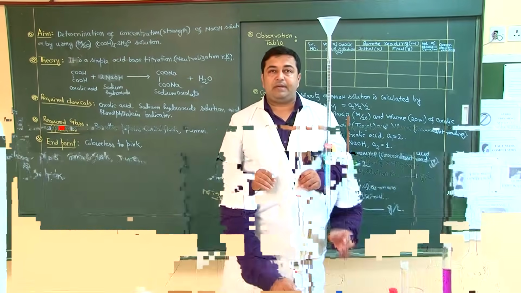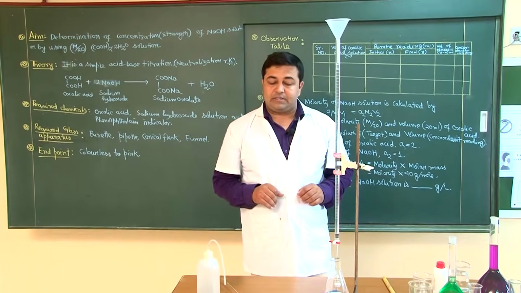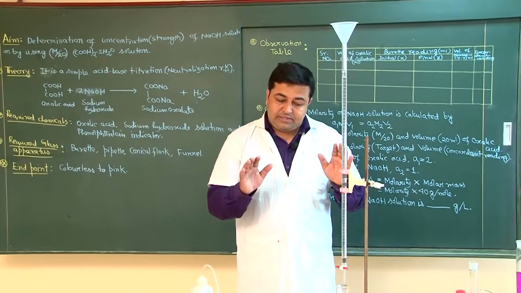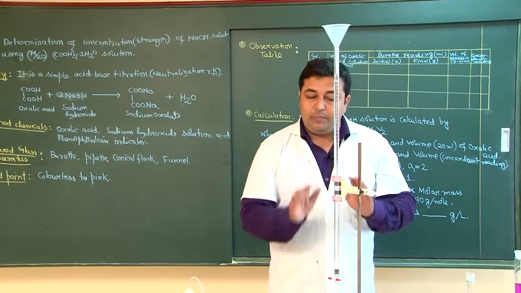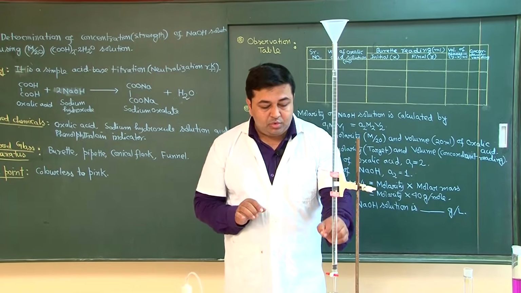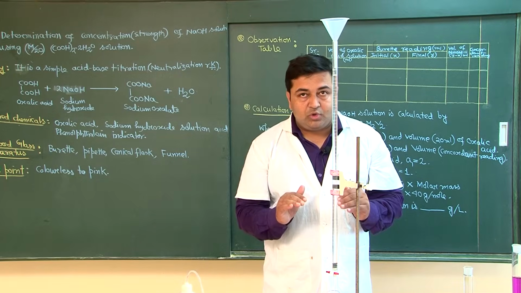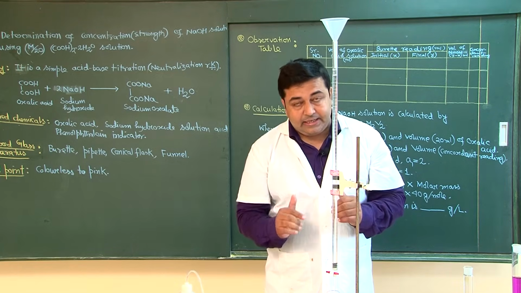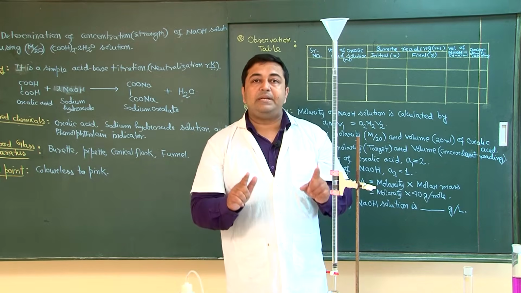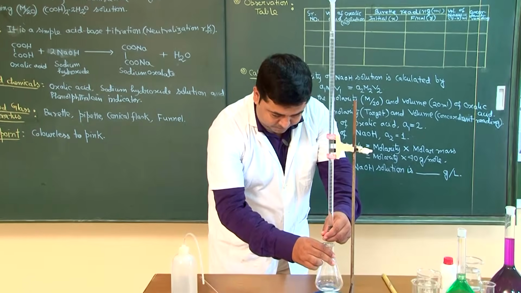So, what is the chemistry behind it? When I am adding sodium hydroxide solution into the oxalic acid, oxalic acid is neutralized by this base. One situation will come when all the acid is neutralized by this base, and at that time if you add 1 to 2 drops of extra sodium hydroxide solution into the conical flask, the pH will be more than 7, and phenolphthalein changes its color from colorless to pink, because it is a basic indicator. So, now I am starting the titration. See now.